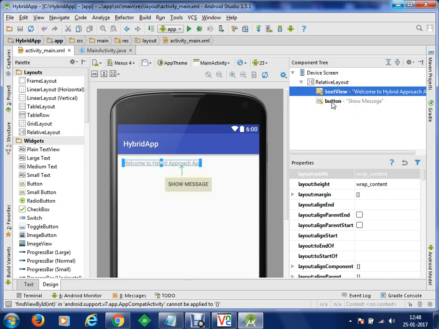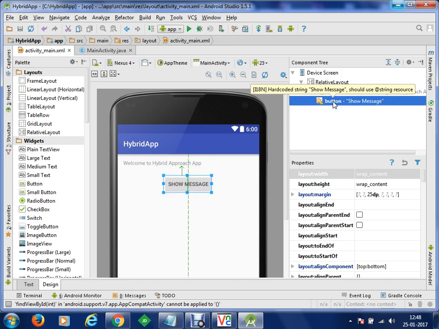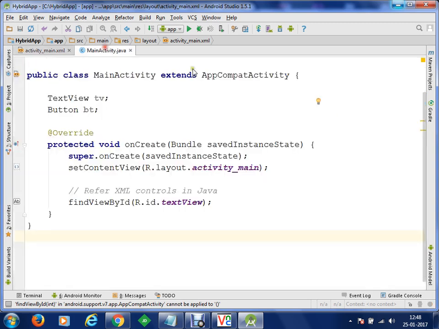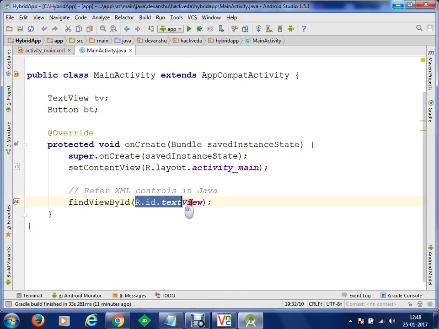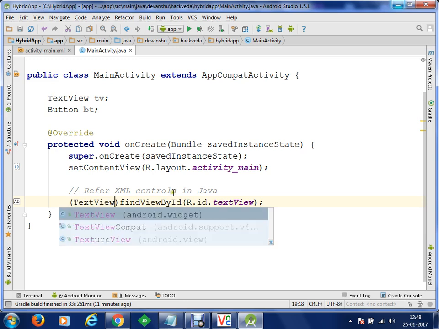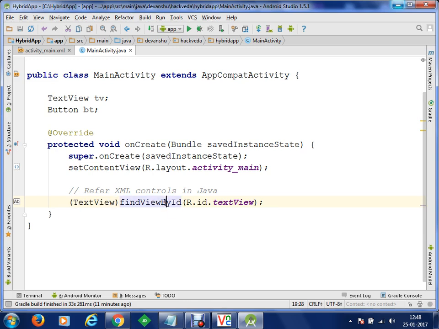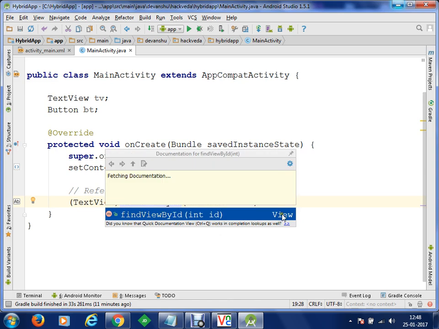So R.id.textView and R.id.button are the IDs of the controls. Now, let's say I find my ID for my text view. I'm going to typecast this into the text view type, because findViewById returns a view control.